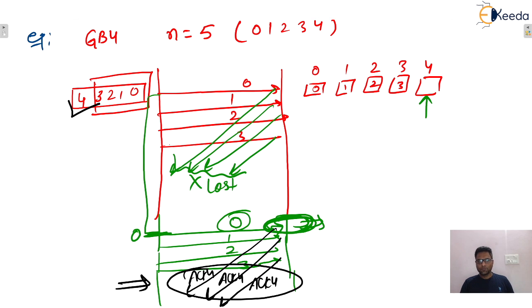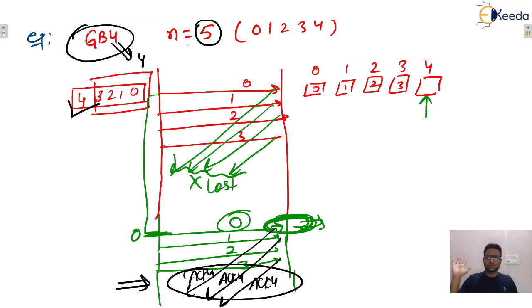So if it is GB4, the sender window size is 4, then at least one more, that means 4 plus 1, at least 5 sequence numbers are required. If it is GB10, then at least 10 plus 1, 11 sequence numbers are required. We can use more also, no problem at all, but at least this many, because if we don't use at least this number of sequence numbers, that can lead to the duplicate packet problem. I hope this one is clear to everyone.